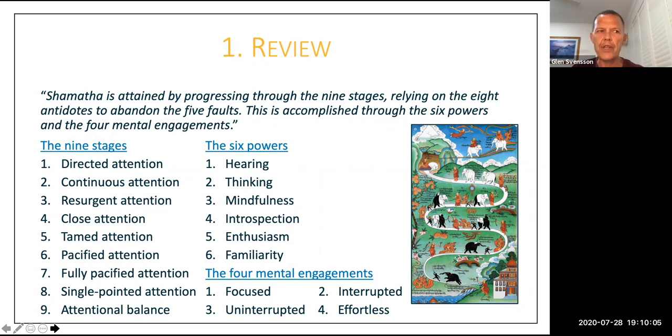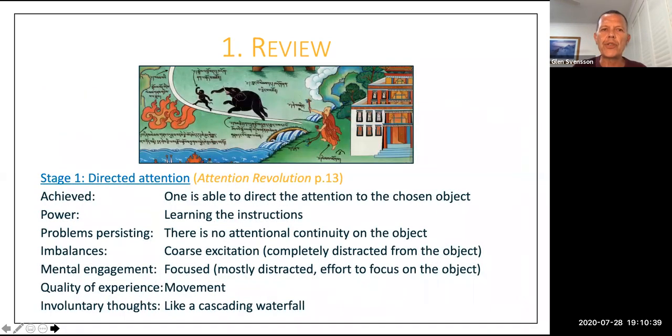So here we have these 9 stages from directed attention up to attentional balance. The 6 powers in this windy road diagram are really the bends in the road that enable the power that enables us to get to the next straight level of road. So they're sort of sequential, these powers, in terms of helping us to get to higher and higher levels in these 9 stages. And then the 4 mental engagements is really how we are engaging with the object. And we'll look at those in a little bit more detail shortly. So what we saw here was,